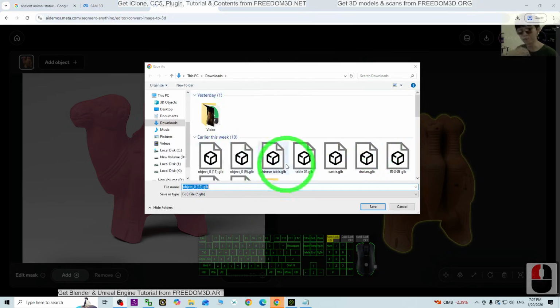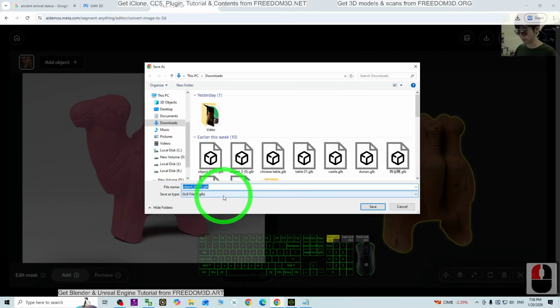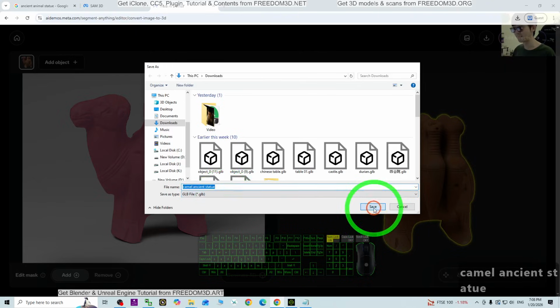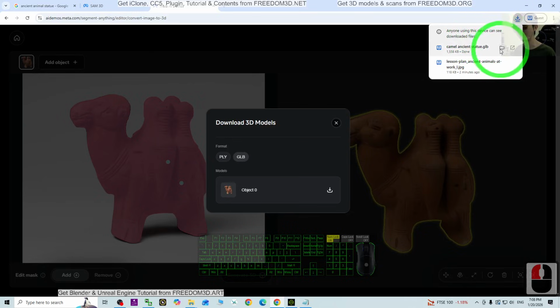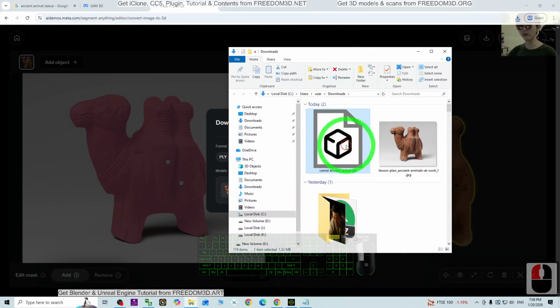Now you can see this is a prompt to download it as a GLB file. So for the file name, just rename it as Camel Ancient Statue, click save. It is going to download it into your download folder. Just click here, show in folder. This is exactly the GLB file,